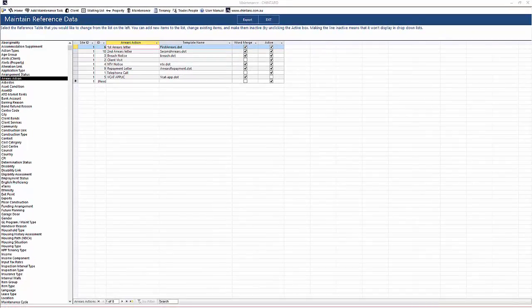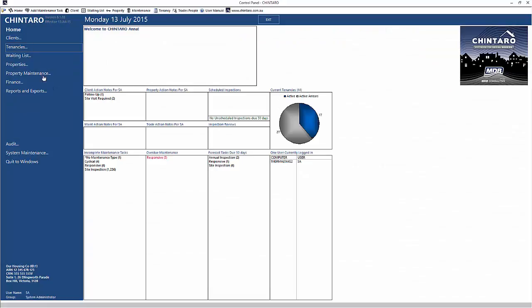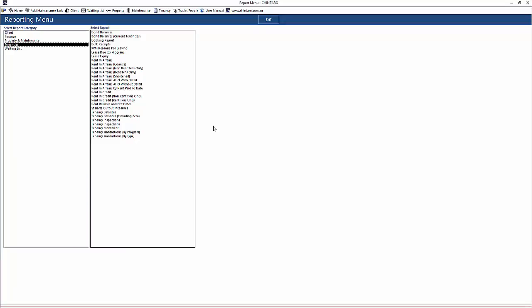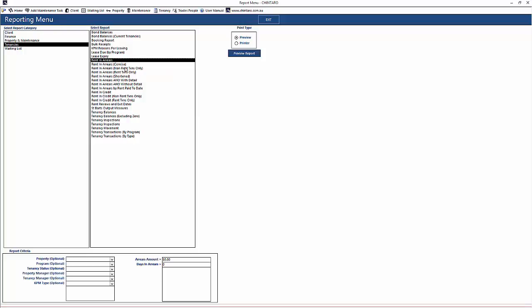Going hand in hand with arrears management, there are arrears reports. Sometimes you'll want to work from paper or print a report, and if we go back to the main menu and then into Reports and Exports, into Reports and Tenancies, we can see a number of reports. Here we have a rent in arrears report and a rent in arrears rent transaction only report, non-rent transactions only, and various other formats. If we click on the rent in arrears and preview this report,